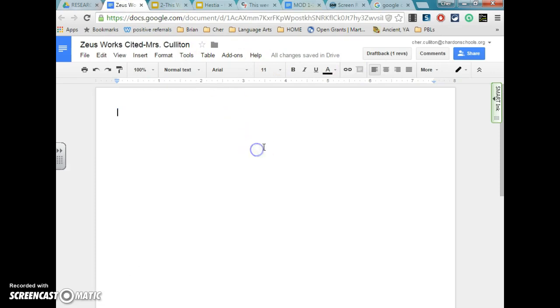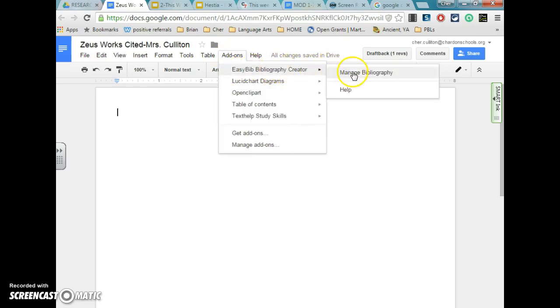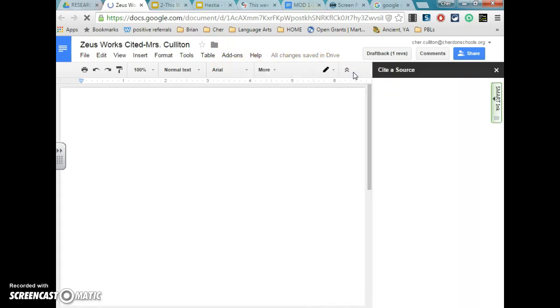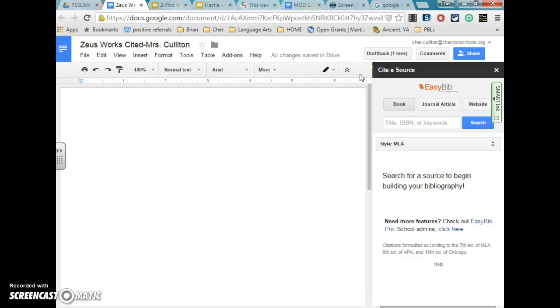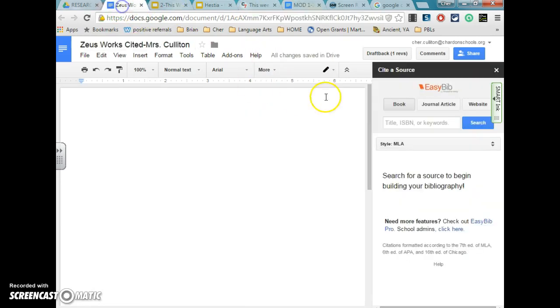For our purposes right now, though, we're going to use that add-on. And just because I haven't found an easier way to do this, we're going to go through that search process again for both of our books. We could copy and paste them from here, but the formatting gets all messed up and it ends up making a lot more work for you. So we're going to go back here to our EasyBib, and same thing, we're going to Google or search the Greek gods,